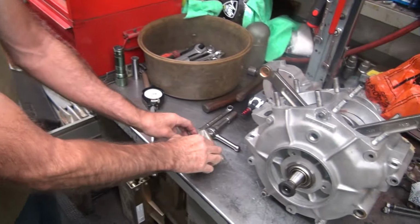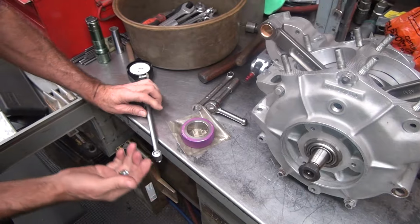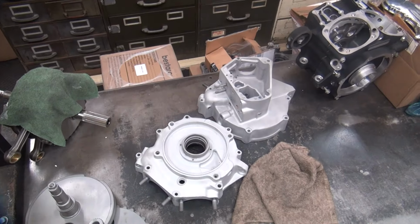1 3/4 inch. Swap out the guts here. No more knucklehead junk to work on. We're blowing out a knucklehead. We're going into what's that piece of crap? Oh, shovelhead junk. Shovelhead